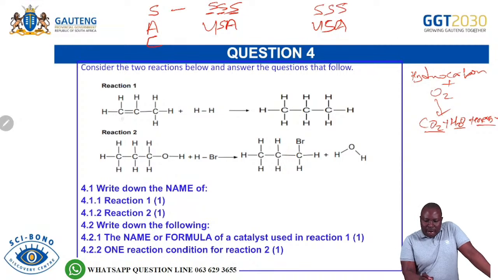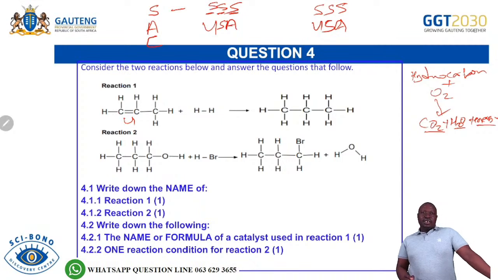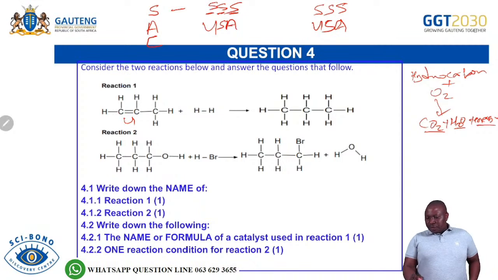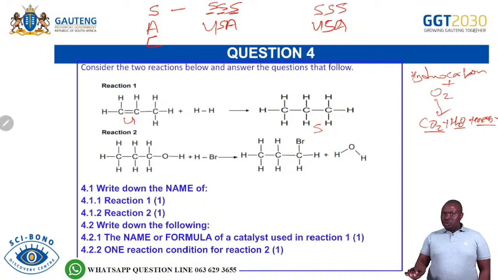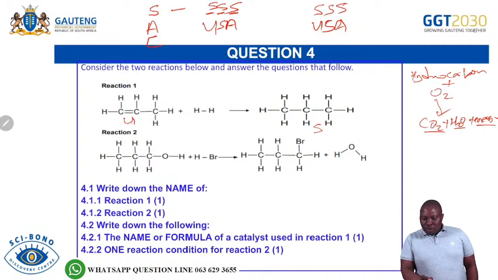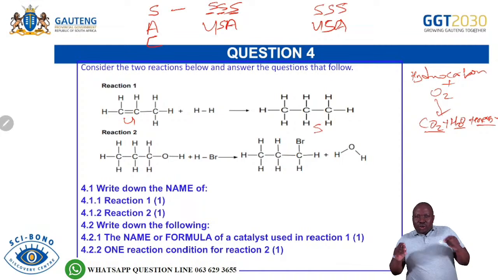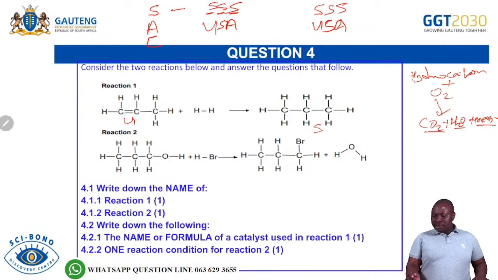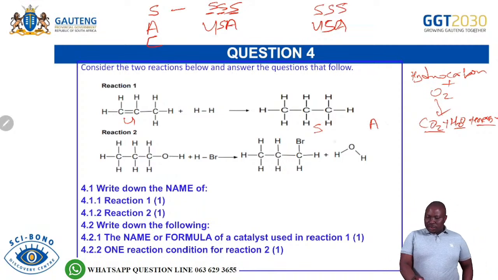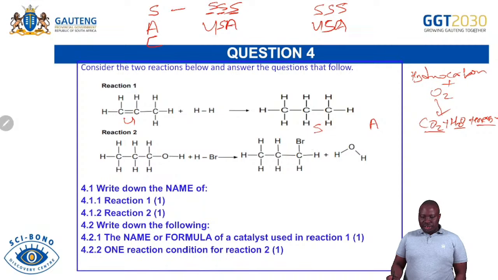If you look at reaction 1, we have a double bond. So you know double bond is unsaturated. So you are able to say this is unsaturated. What is in the product? This is saturated, because saturated means single bonds between carbon atoms, single covalent bonds between carbon atoms. So you see that we have U forming S. In real sense, I told you when I started that immediately when you see a double bond and these are reactions, you must know that it will undergo addition. So we are saying USA. So this must undergo addition. So unsaturated will form saturated, which is addition type of reaction.